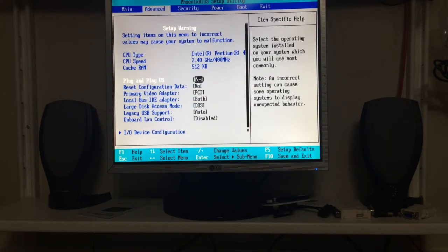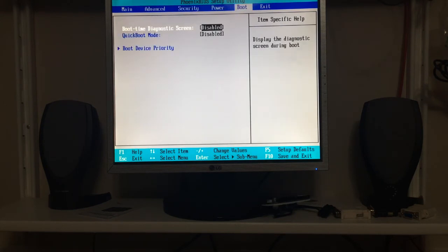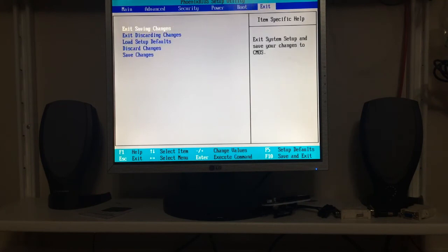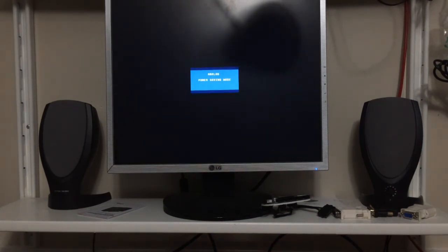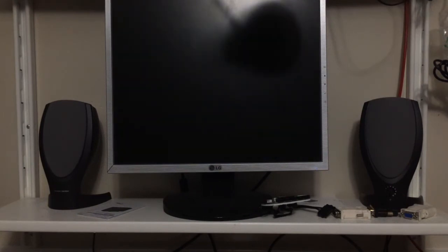Okay, I'm just gonna assume onboard audio is still on and call it a day. So, exit and save changes. Now, here comes the interesting part. I have to turn off the computer and unplug it really quickly, because the Windows 3.1 machine needs some special hardware that I can't get with the built-in stuff on this stupid HP. So let me just...